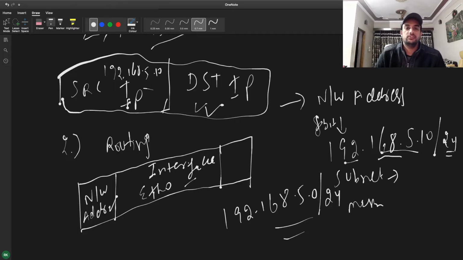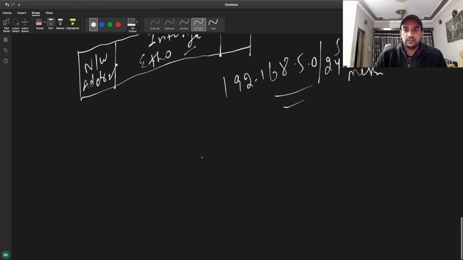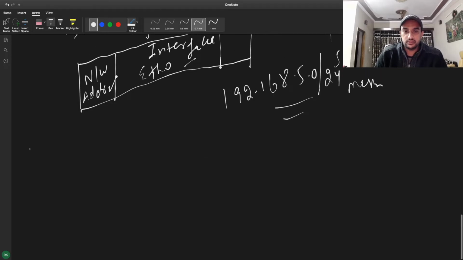We will have much more detailed info, and I will show some practical examples while sending some raw packets. We will see that in action, and then you might have a better understanding of this. Okay, so this is just an overview of the layers. So I'm just going to give some overview. So that's all about the networking layer. There are some protocols involved in the networking layer also.